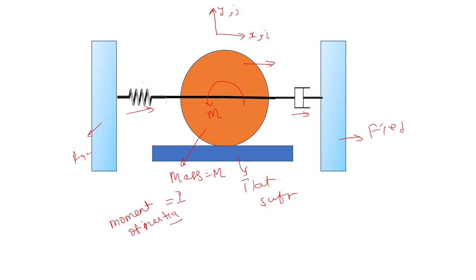It will start vibrating. If we have to derive the governing equation for this system, one way is that we can directly go with the moment approach, or we can also use the force balance and come up with the governing equation. In this case, if you are familiar with Newton's method of force and moment,